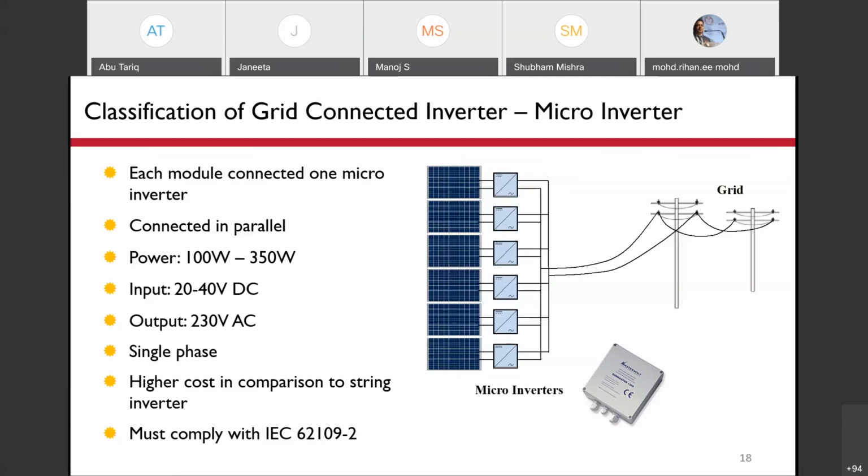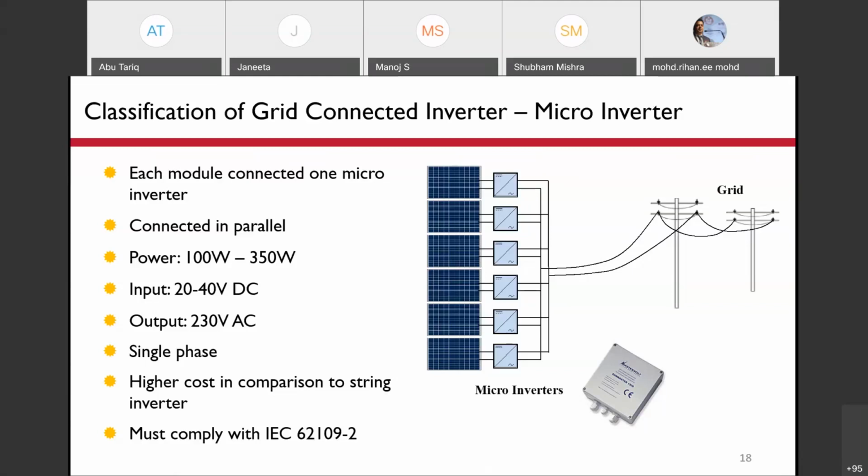Module ratings may also be slightly different. At the output, these are connected in parallel and fed to the grid. So this is what is known as a microinverter. But the problem is that the cost is very high. Of course, it is a small inverter, so its power rating may be 100 to 350 watts, which is the rating of the PV module, and the input will be 20 to 40 volts, and the output will be a simple 230-volt AC supply, single phase.